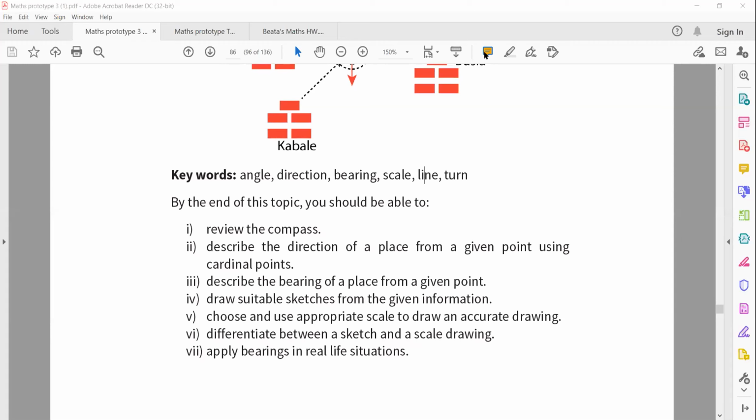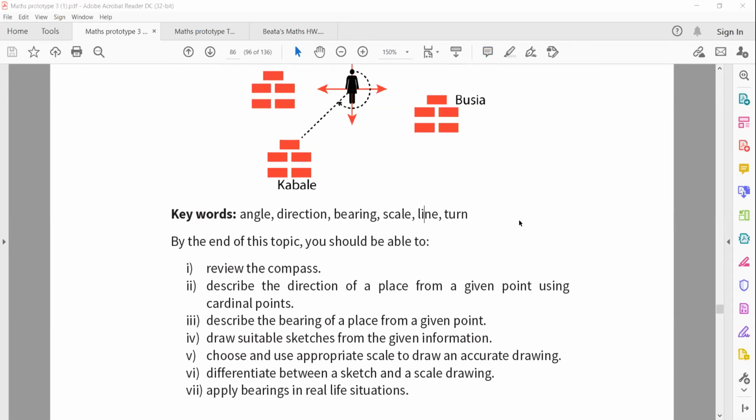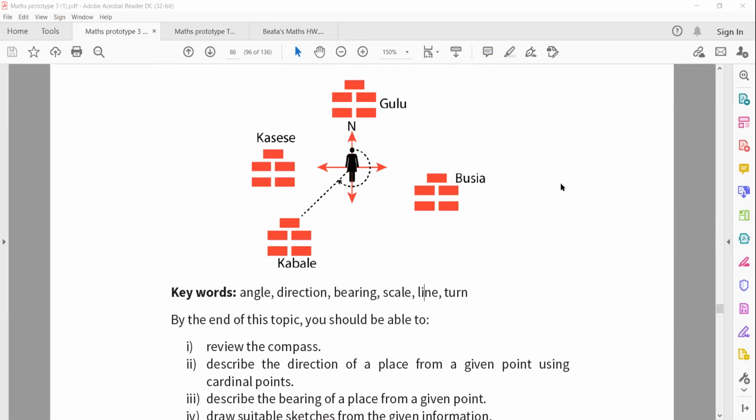Is bearing the angular distance between two places? Is it the angular distance between two places? Yes, please. Our default, it is the angle you make between two distances with reference to the north. Did you see the north? Did you see this compass here? There is always the reference, which is the north. So we measure that angle from the north to that point. Okay, thank you. Does it make sense?